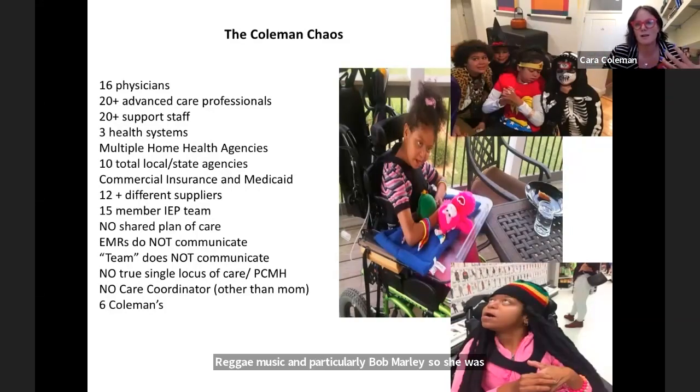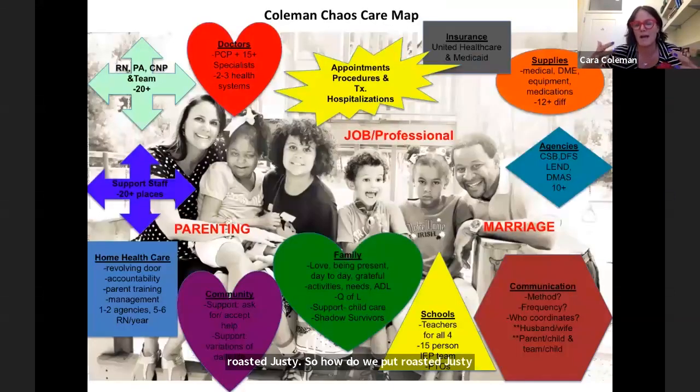So how do we put Rasta Justy into a care map and use it for different communication and collaboration purposes and other? This is a Coleman Chaos Care Map, one version of it that I actually created when I first started teaching in medical school. At the time, I was teaching at Virginia Commonwealth University,